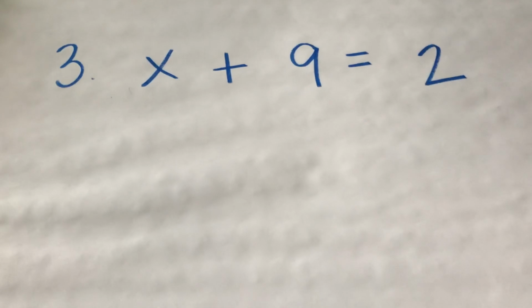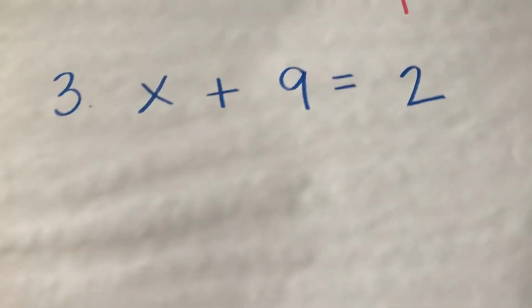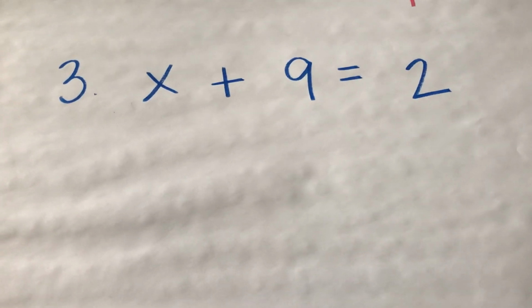All right, example 3. We've got x plus 9 equals 2. So x is being added to 9. Or again, if you think in terms of